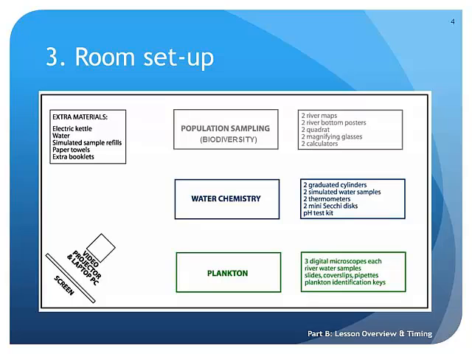On program day, you'll learn the layout of the room well enough, but here's a preview of what you can expect. Each room has a projector and a screen setup, a table for extra materials and refills, and 3 stations, each with 2 complete setups for a total of 6 tables. In different sections of this online training, you'll learn how each of the stations is set up and presented. One station explores microscopic plankton, another tests for different chemical parameters in some water samples, and a third station looks at biodiversity and population sampling.